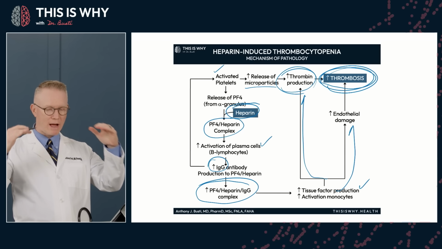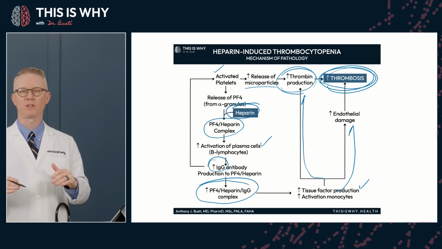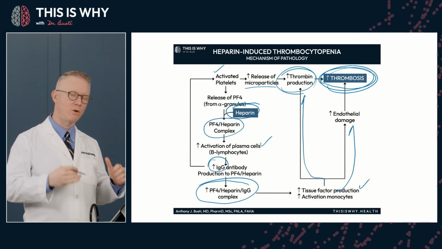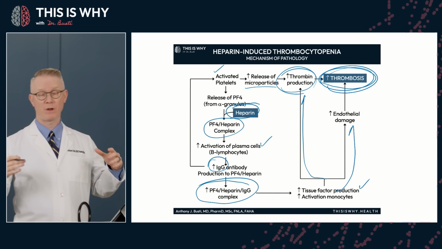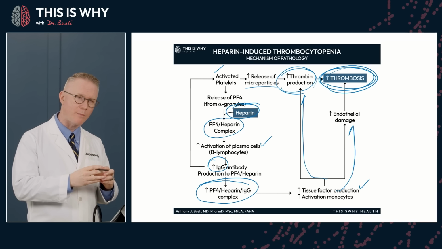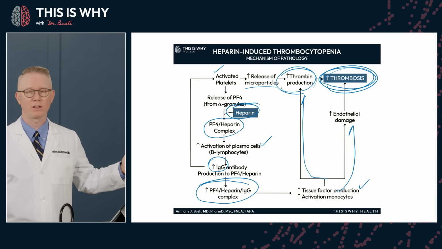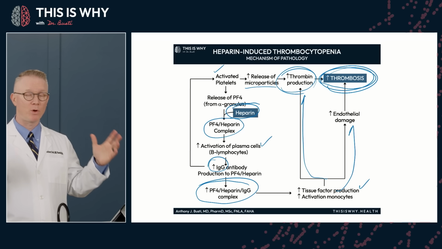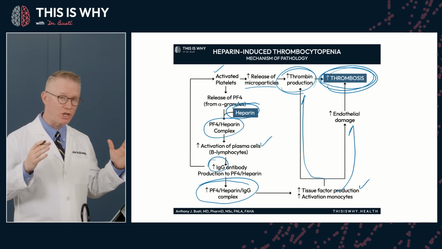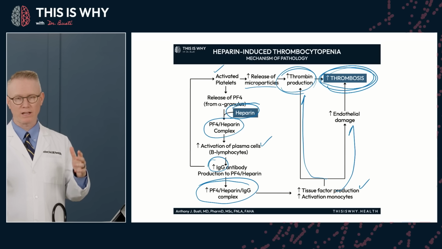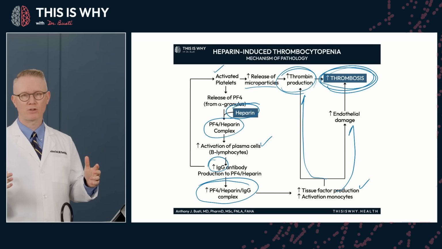So those platelets are dropping because they're making clots over and over and over again. And then those clots eventually will clog up the vasculature to something that it's going to, right? And that's why it can be multi-organ. And so this is an acute, life-threatening situation where you need to stop the drug, and then you're going to